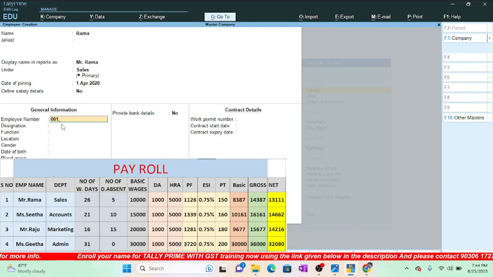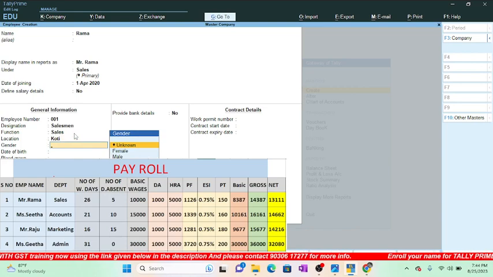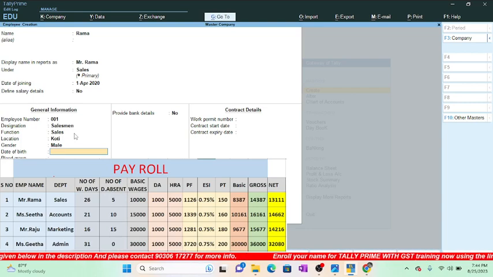Suppose I am giving the employee number as 001 for Rama, and designation, he is from sales department, so I'm giving the designation salesman, and the function is sales work, and location. So where he stays, that location we need to enter here. Suppose I am giving Koti, and gender we need to select male,